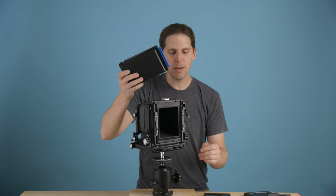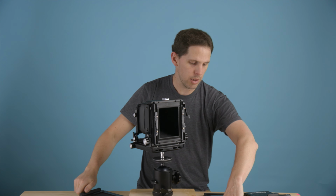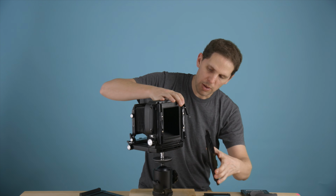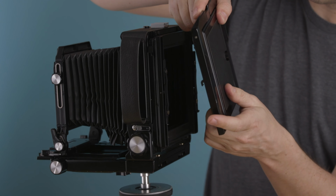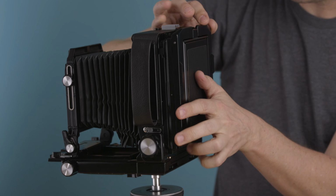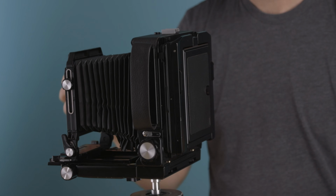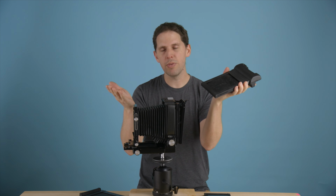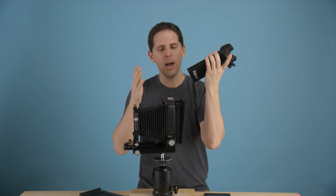You probably can fit this with the normal back attached. And then if you want to use a 545, basically I can attach this again, which is very simple if I know what I'm doing, which is basically hook it there, and that's hooked. We grab our 545 to shoot Polaroid 55, 54,